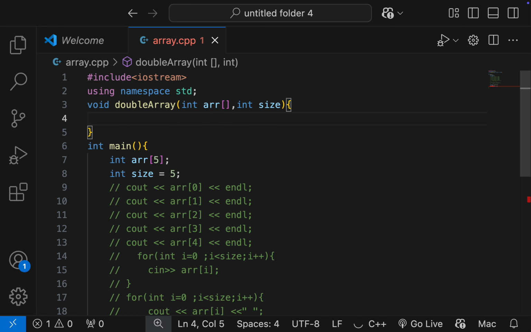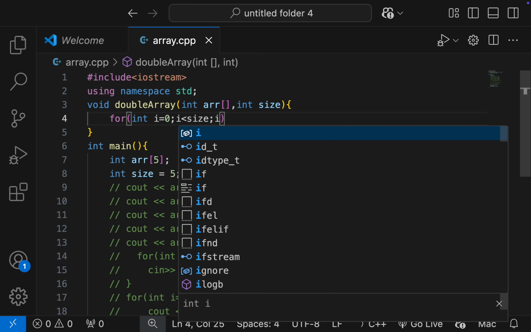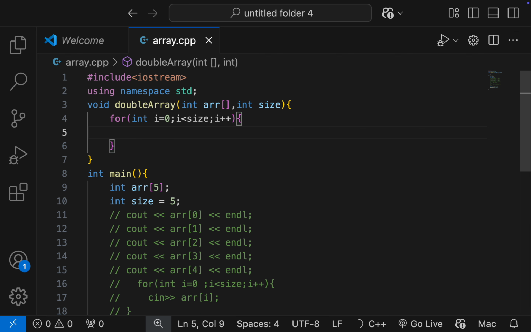So I'm traversing the array and then I will be doubling each of these elements, got it. So int i is equal to 0, i less than the size of the array, and the i will be incremented by +1, and arr[i] should be equal to 2 multiplied by arr[i]. So that's how each element of the array is doubled, got it. So this will do